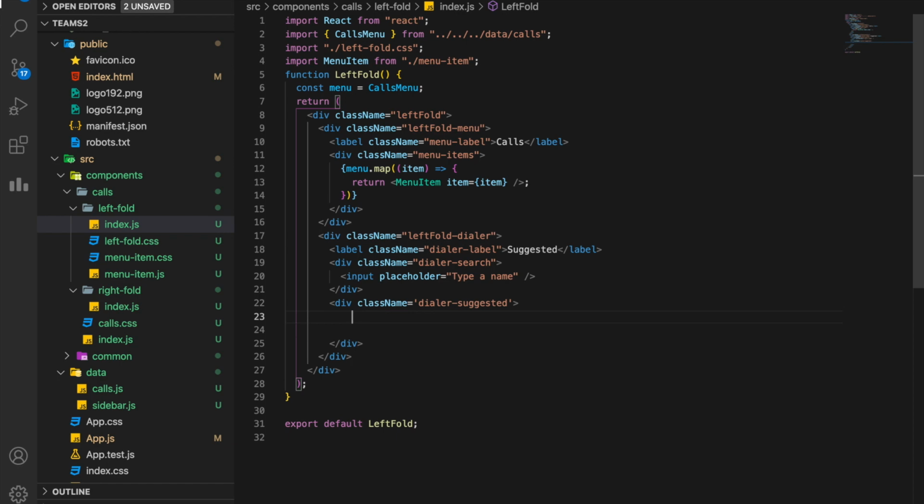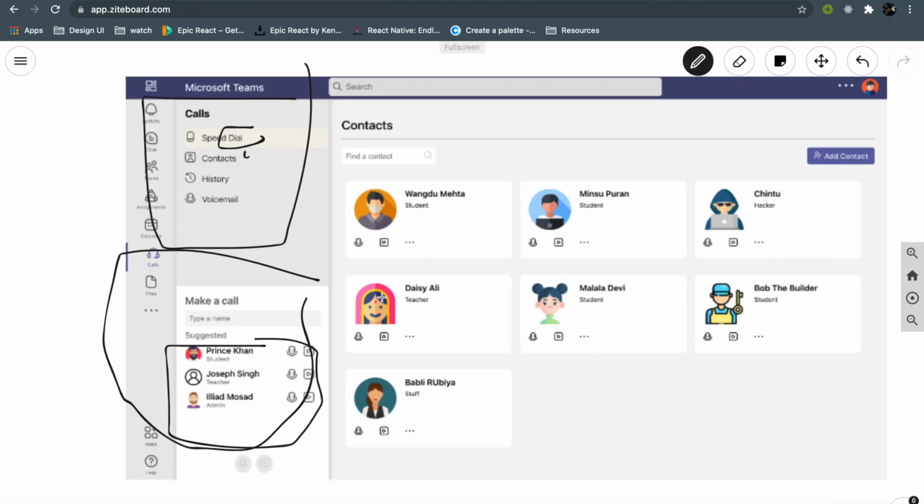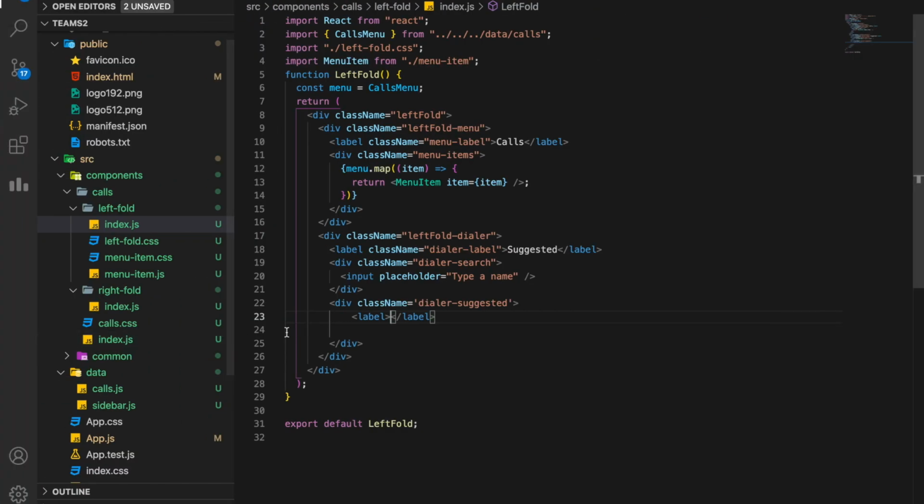Inside my suggested, I have a label. This label is saying suggested. You see, in just one component I have so many labels, so make sure you're using good names so that you don't get confused while styling these. I'm calling it suggested label.